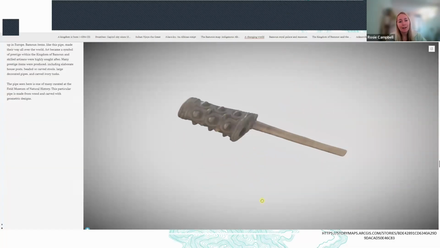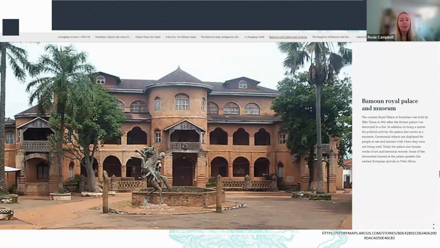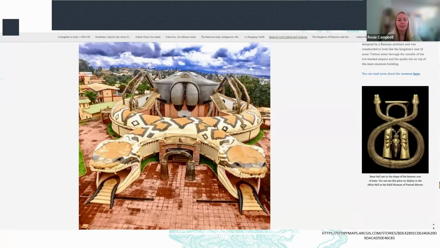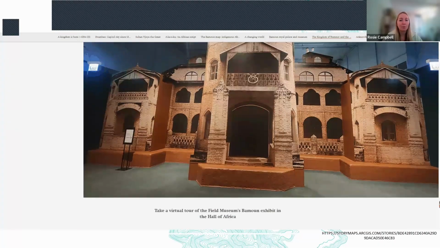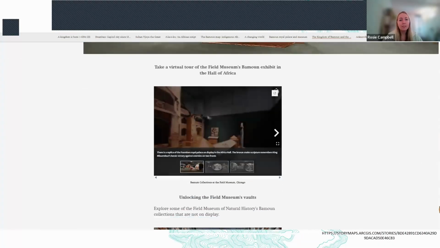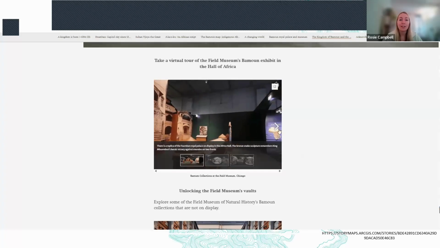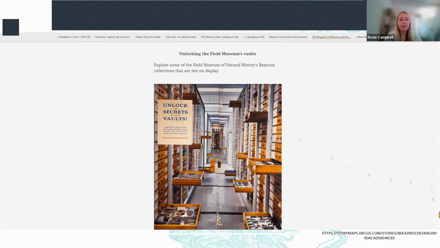Again, we have these kinds of interactions that are part of the story. And then here the story map starts to contextualize everything into the modern day period as well, and into the Field Museum in Chicago. It also has a little embedded thing here giving a tour of the exhibition hall. So again, just adding context to everything that's happening.